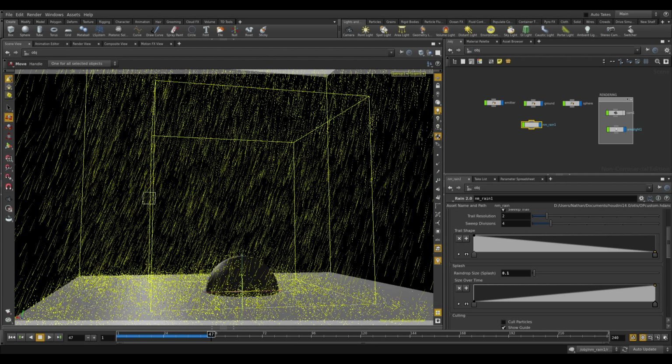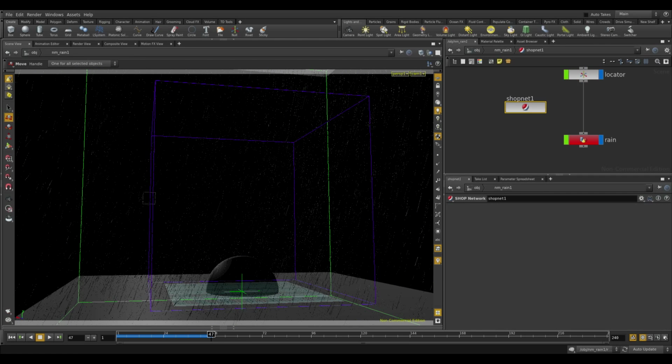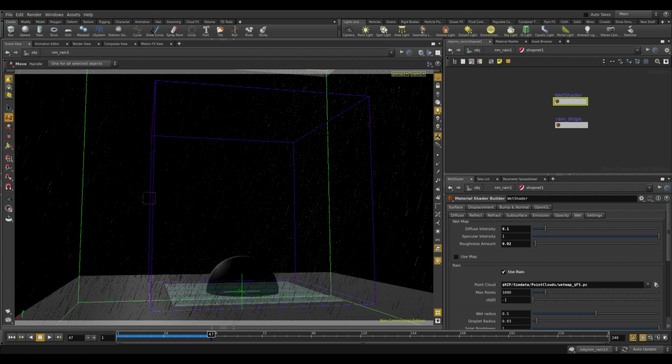Go back into the scene view and I dive inside. So let me unlock our rain asset. I dive inside the rain asset into the included shopnet, and you can see we have a raindrop shader, and that's what we're using to give the raindrops their transparent look. It's based on the glass shader that comes with Houdini, but we also have a wet shader. Now I'm going to